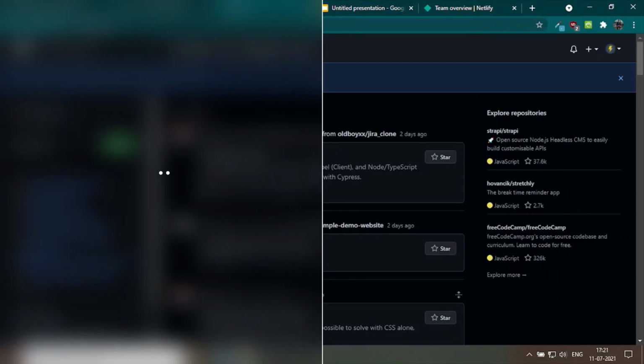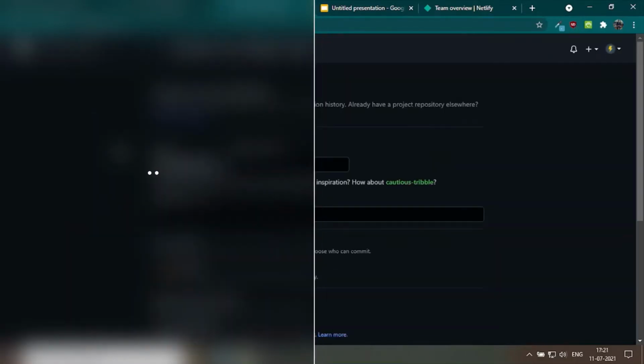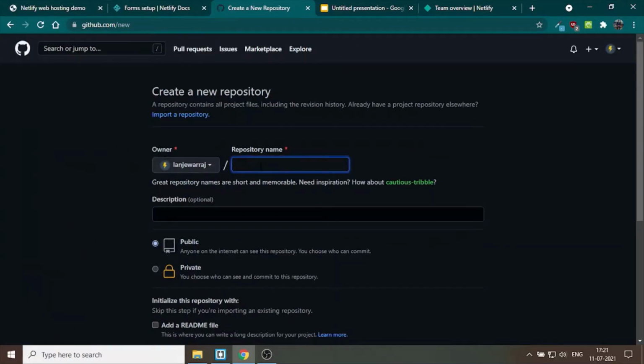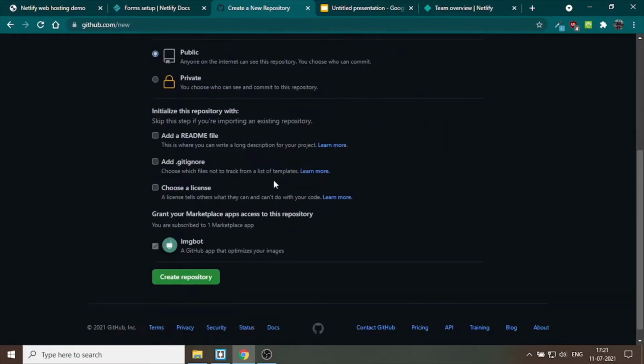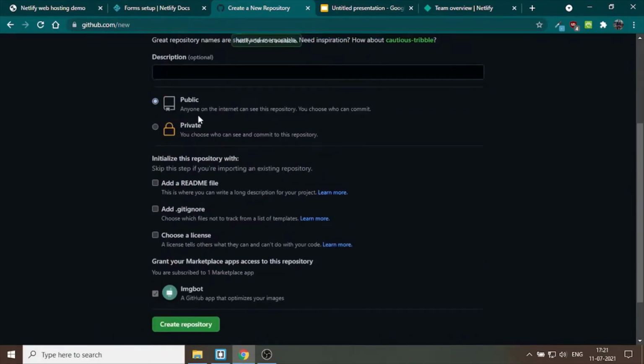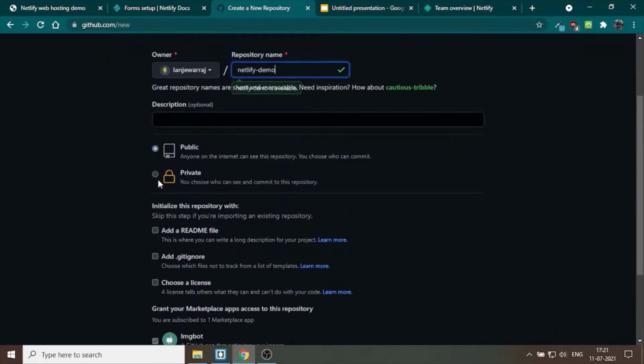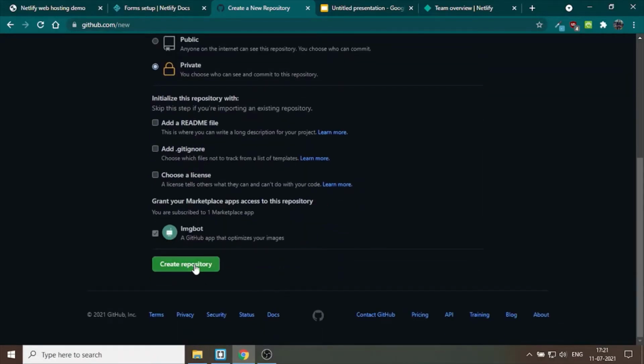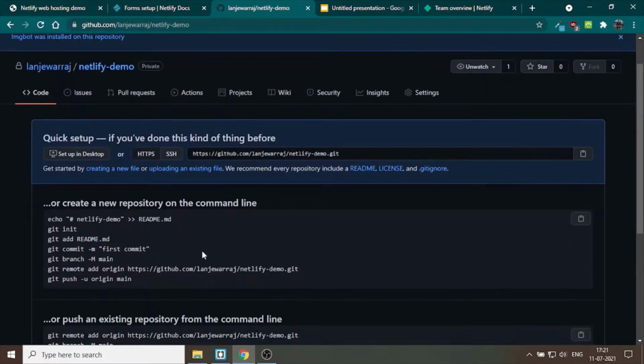Proceeding with the next step, visit github.com and create a new repository. Name your repository. In this step, you can make your repository private so that no one can see your source code, and create the repository.